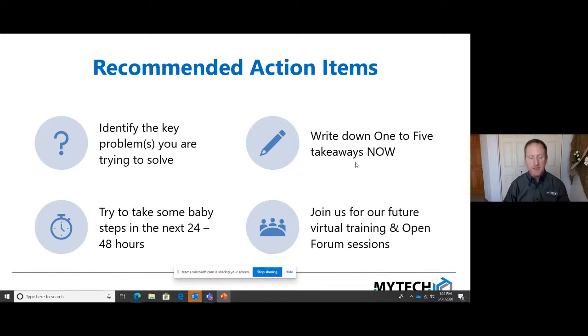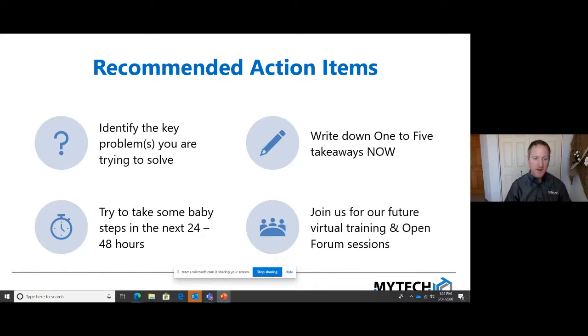I do recommend taking a few minutes right now. And by the way, as I pause, put some Q&A in the panel on the side, because we're going to go to that next. But right now, before you get onto something else in your world, write down 1 to 5 takeaways. Not necessarily things you can execute now, but that you want to eventually execute. Write them down so you don't forget them, and keep them on your list so you can move forward with them. See if in the next 24 to 48 hours you can take some baby steps, start using some of these pieces,